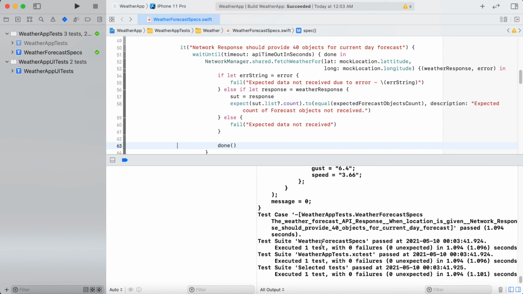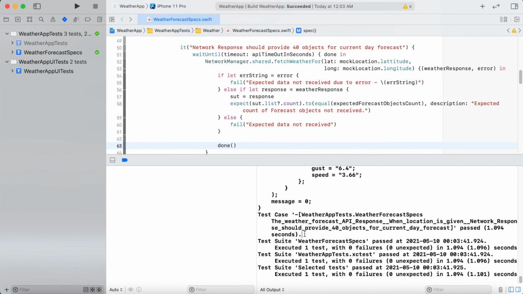If you remember, we discussed a point where I told you that whatever string you provide in describe, context and it blocks provides you a kind of very formatted log when you execute your test case. This is the place where you can see that. The weather forecast API response, when location is given, network response should provide 40 objects for current day forecast, passed in this many seconds.